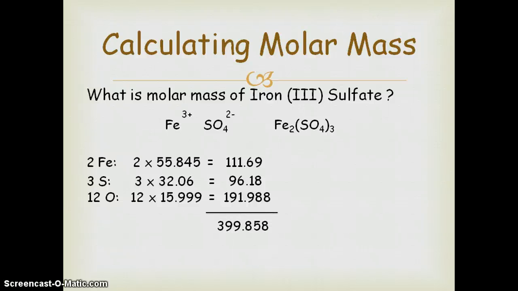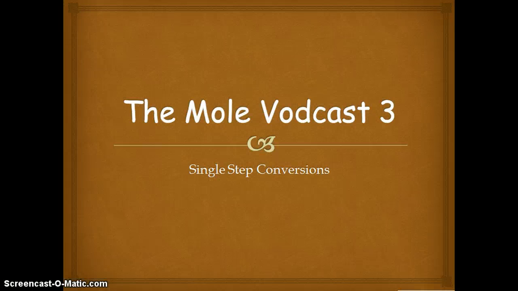And of course, just like with all of our other molecules, you add these total masses together, and it gives you the final mass of an iron(III) sulfate mole, which is 399.858 grams in 1 mole of iron(III) sulfate. Okay? All right, and that is